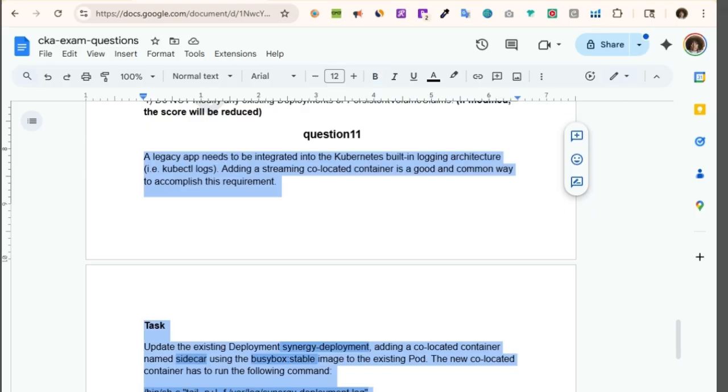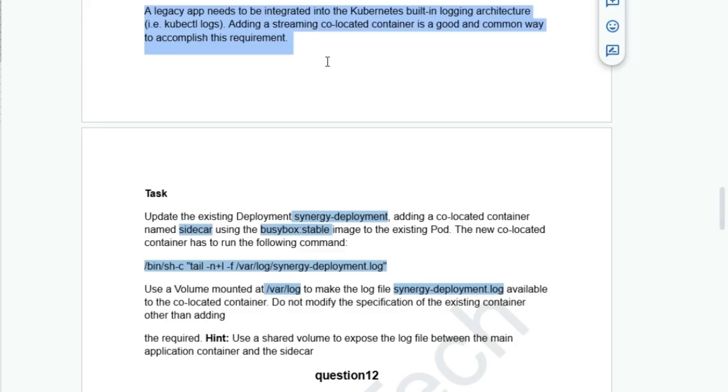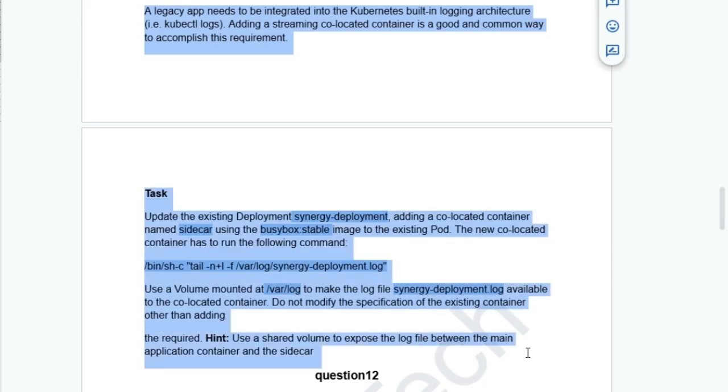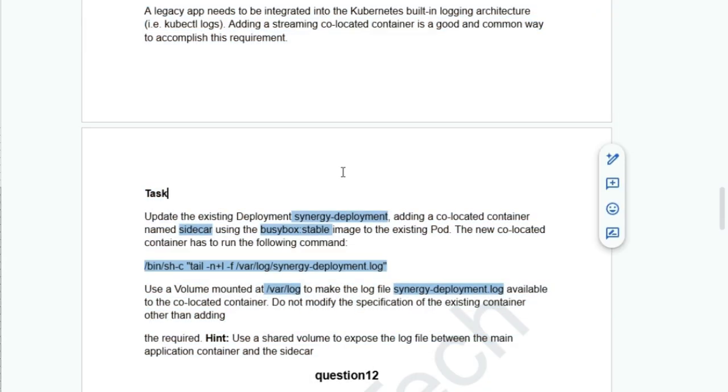Task: update the existing deployment synergy-deployment, adding a co-located container named sidecar using the busybox stable image to the existing pod. The new co-located container has to run the following command: